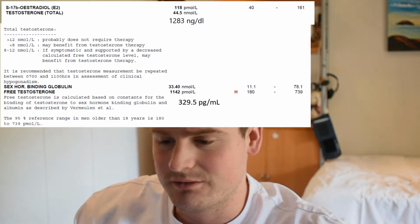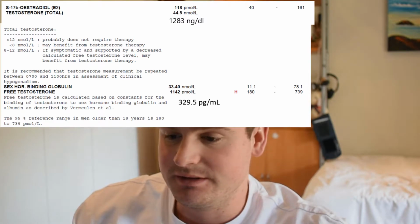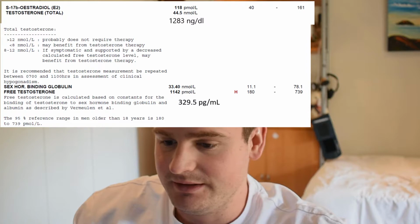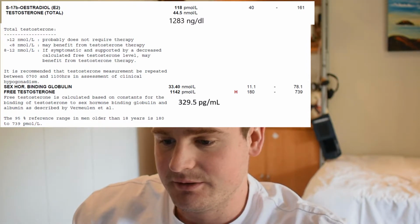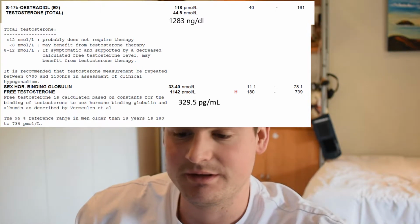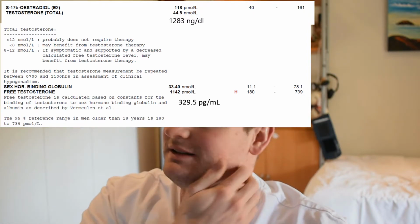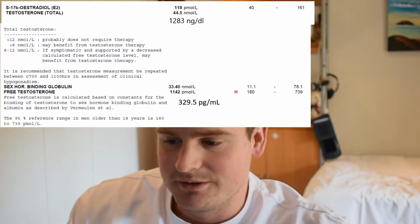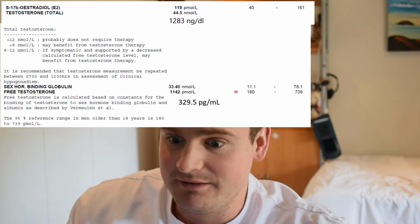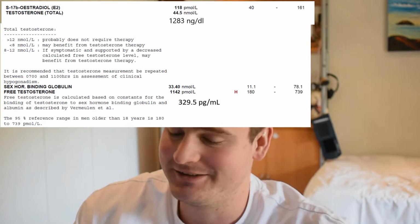This was after 3 months, I think, since initiation, and they hadn't been cruising before. This was just TRT. As you can see, the total testosterone, these ranges are using nanomole per liter, whereas in the US it's nanograms per deciliter. So it's 44.5, which is elevated, which is 1283, sorry,